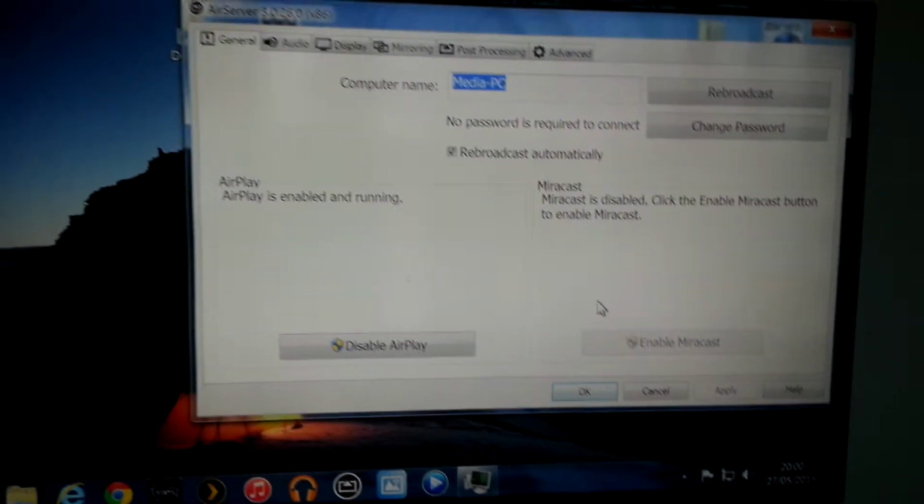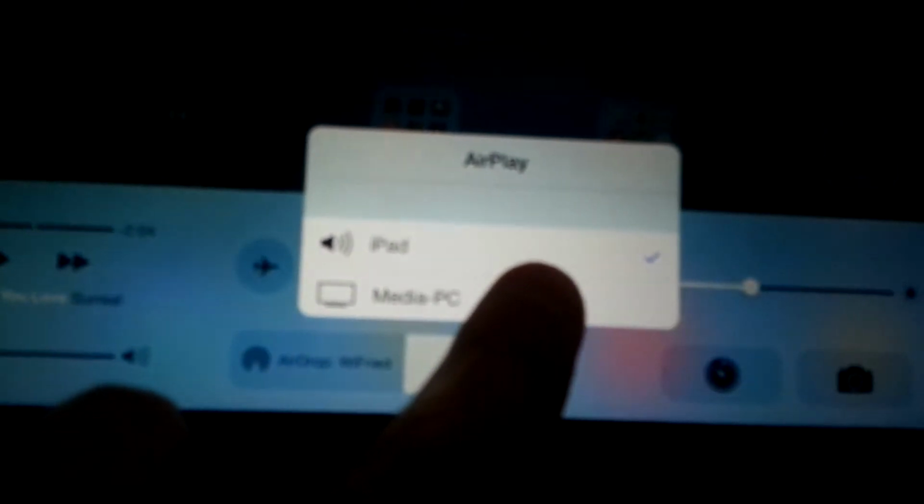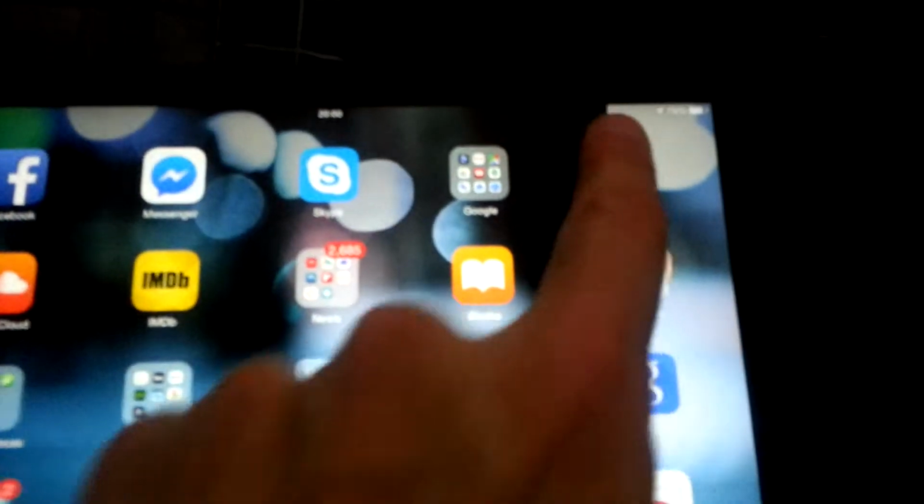But you can also mirror your device. So once you've got the server running on your PC, if I just come over to the iDevice here, sorry about the focus, you would switch on AirPlay and pick the name of the PC which it's running on, in my case Media PC. So with that ticked, I'll just launch the Vimeo app,